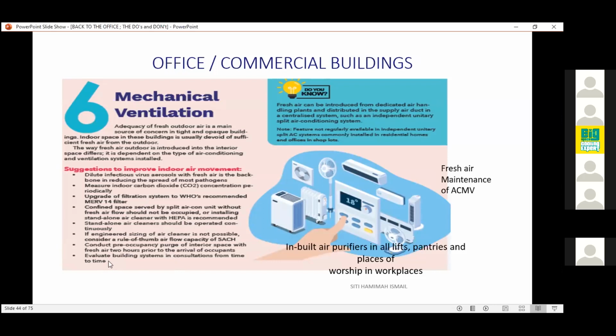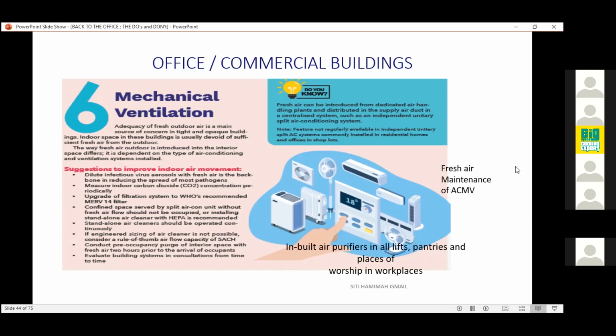Okay, kalau you nampak kita ada satu lagi, pre-occupancy purge. Berapa banyak bangunan dekat Malaysia ni kita ada purging system. Kebanyakan bangunan kita tak ada purging system. And then kalau nak buat purge, it cost us a bomb. Okay. And one more thing, kalau you tak ada dekat dalam you punya lift, kat pantry, okay, you boleh install